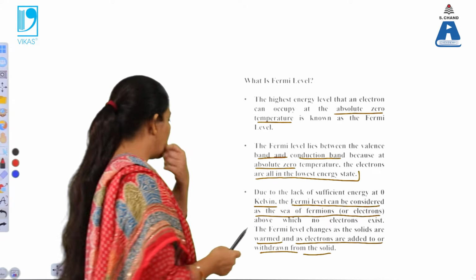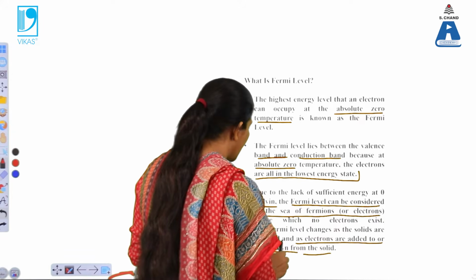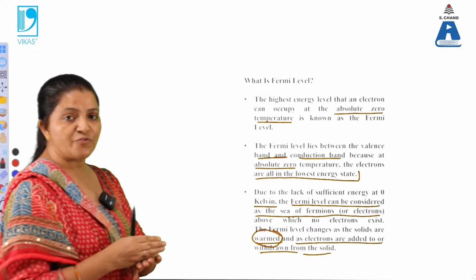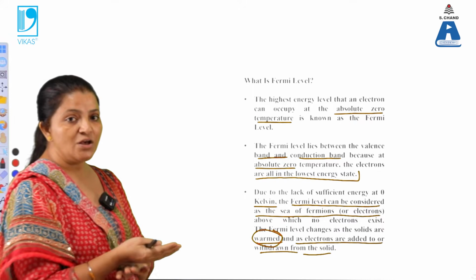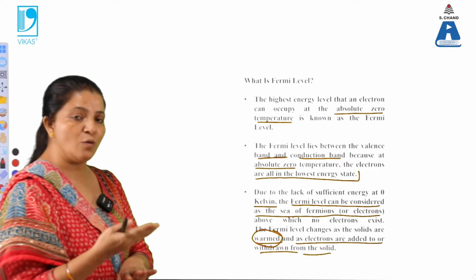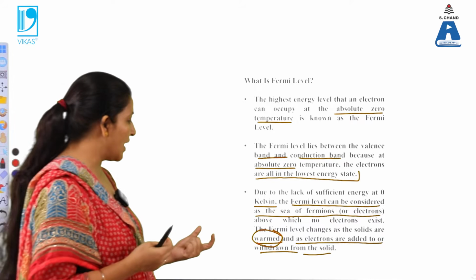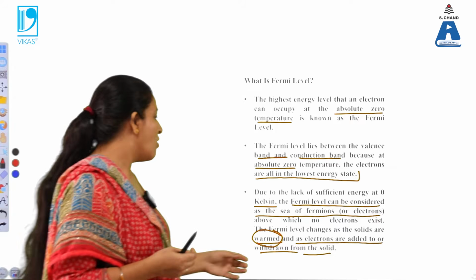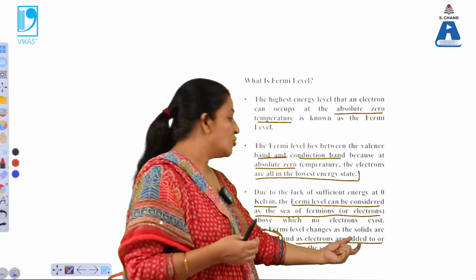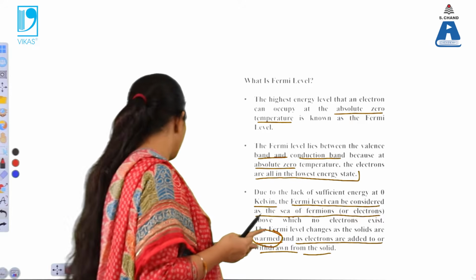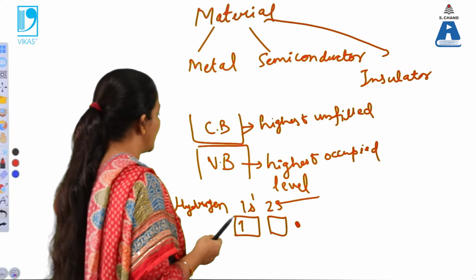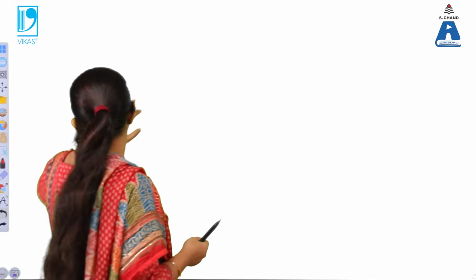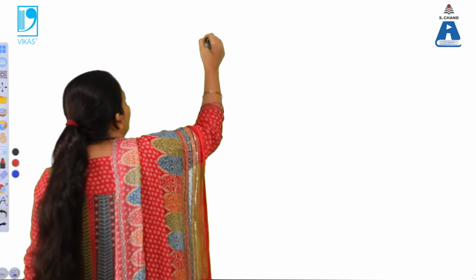So what does it mean? That means the Fermi level changes in solids when they are warmed, meaning when their temperature is increased, the electrons will jump from a lower state to a higher state. When the electron jumps from a lower state to a higher state, automatically the Fermi level will be shifted either up or downward. Or when electrons are added to the given system or withdrawn. What does it mean? That means when we are adding an electron to the given system or withdrawing an electron from the given system. For example,